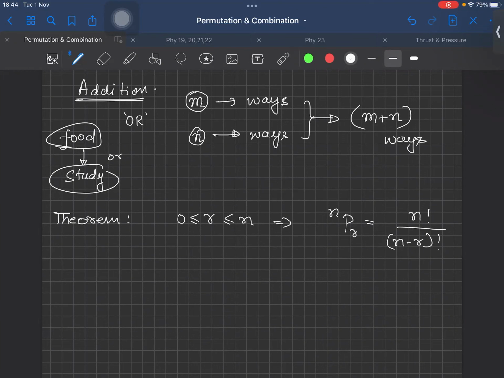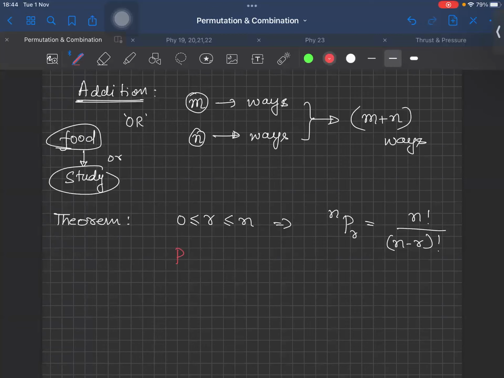Do we really need the proof for this? First of all, yesterday some of you were absent. What's the meaning of permutation? In permutation, it means different arrangements which can be made depending upon the numbers given to us, taking all the numbers or a few of the numbers at a time. Here r is the few numbers at a time. r can be n. If you write nPn, that means you are arranging n numbers, taking all numbers at the same time.